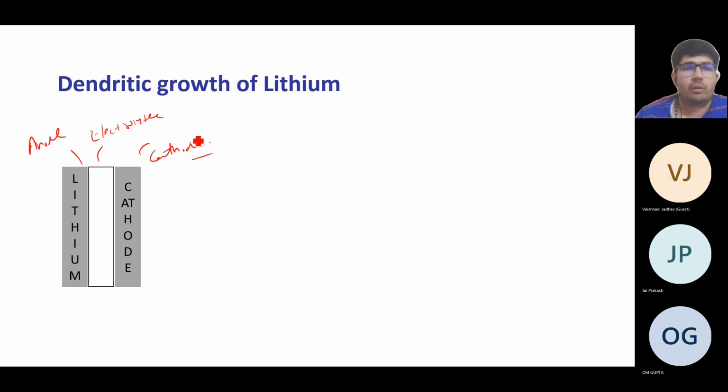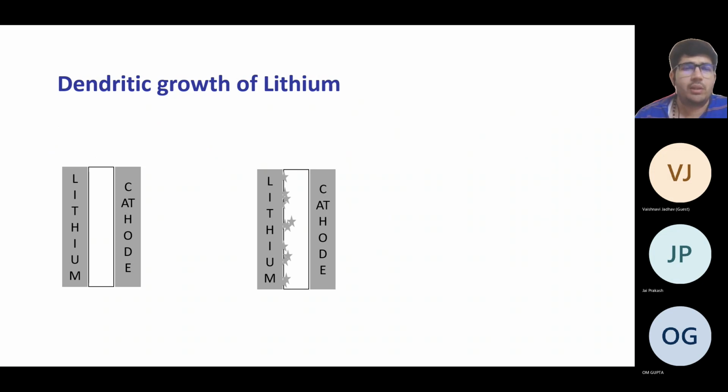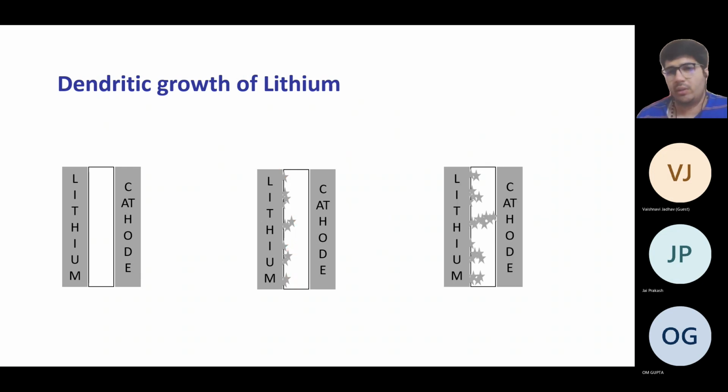After one cycle or after some cycles, you can see some dendritic growth happening at the anode side. After some time you can see it growing, and there is a contact between the anode and cathode. As we know, for fundamental electrochemical reactions, there should be no contact between the anode and cathode,